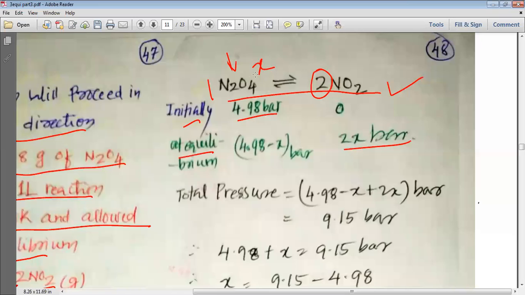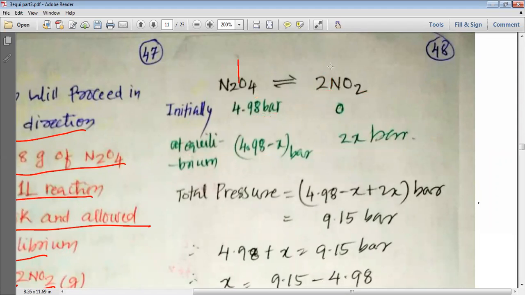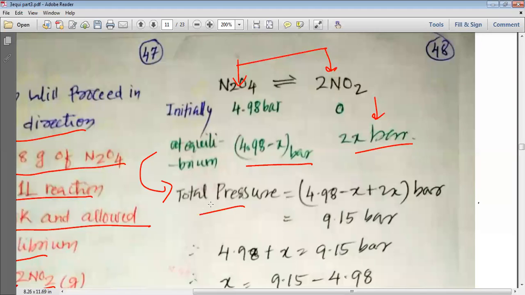Suppose X mole of this or X bar of this is being utilized. So the partial pressure of N2O4 is decreased by X, but the partial pressure of NO2 is increased by 2X. So now if we want to write the total pressure exerted by both the reactants and products at equilibrium, the pressure exerted by N2O4 is 4.98 minus X. The pressure exerted by NO2 is 2X bar, and that is why the total pressure at equilibrium is equal to 4.98 minus X plus 2X, which simply gives us the value